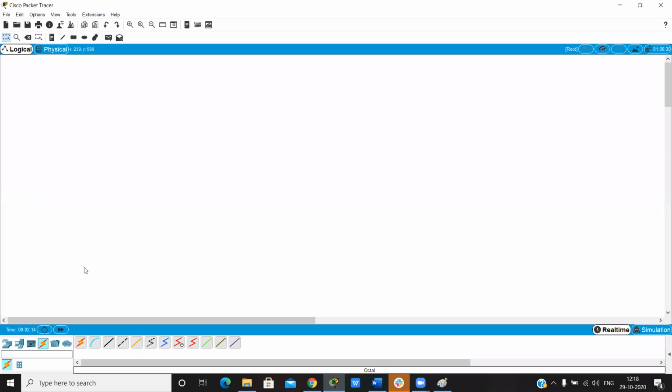Now we know how to configure the IP addresses on routers and switches. Not switches, because switch works on layer 2. So if we take two routers here, connected with the cable, I choose automatic.